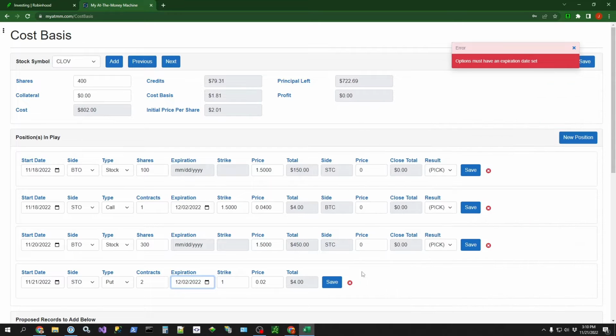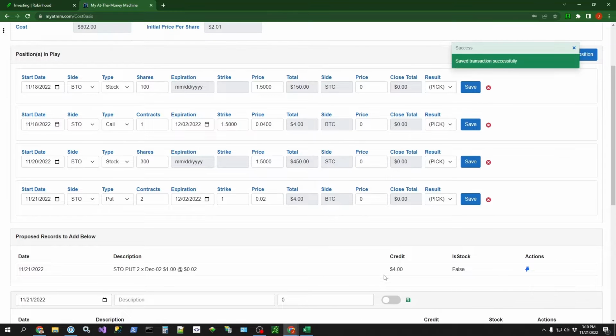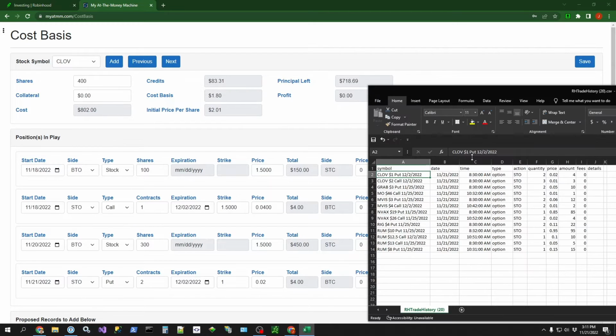Okay, so now we're good to go. Click save. There we go. That worked out good. Okay, it moved it down here. I'm gonna click that and then save it to retain it. And something I didn't show you, as it's adding it down here, you'll notice the cost basis go down. Didn't get to see that with that one, but when I enter the call, we should be able to see